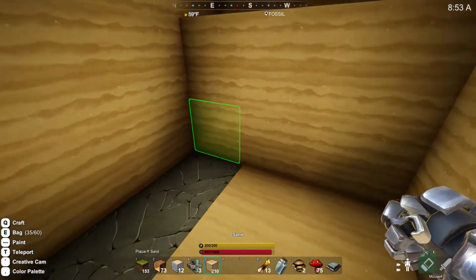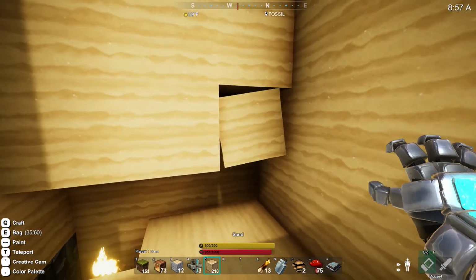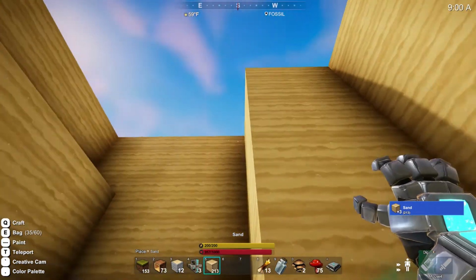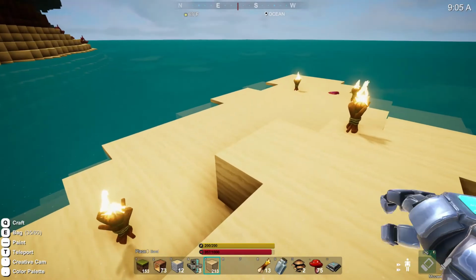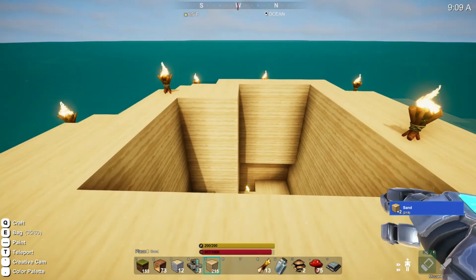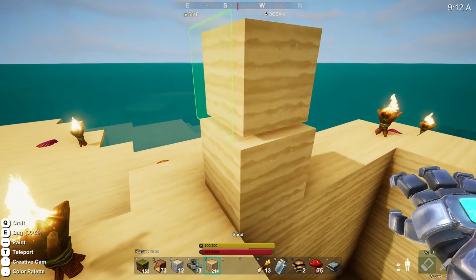Okay, so just for the moment, we can utilize this as a temporary base structure. Granted, we're definitely going to have to put something up here to prevent them from coming in from the outside, so we're going to need some doors as well. And we're definitely going to need a roof. So what we could do